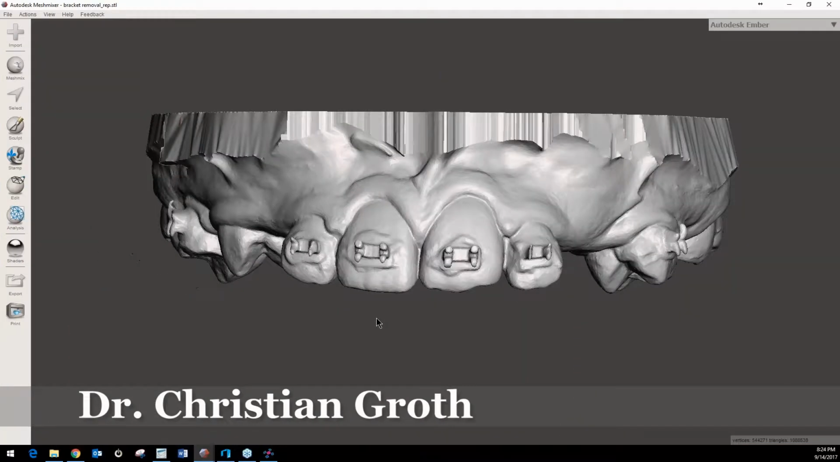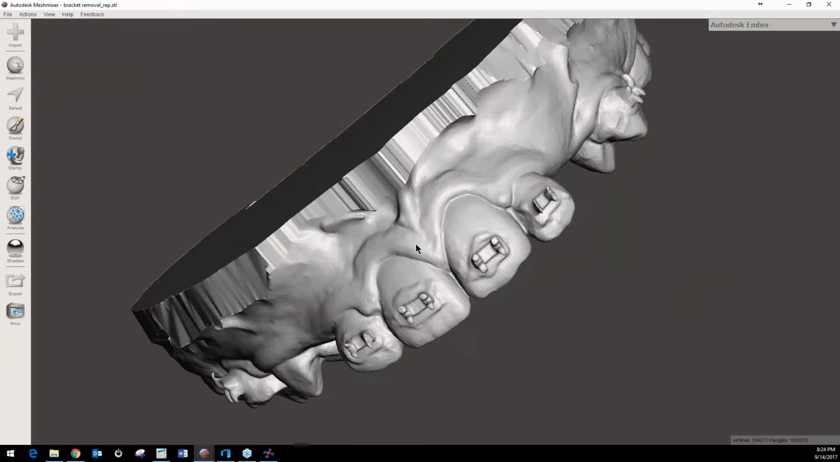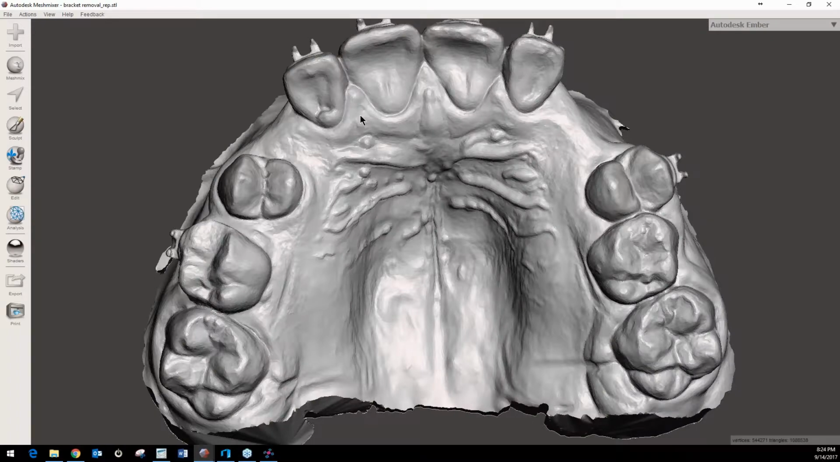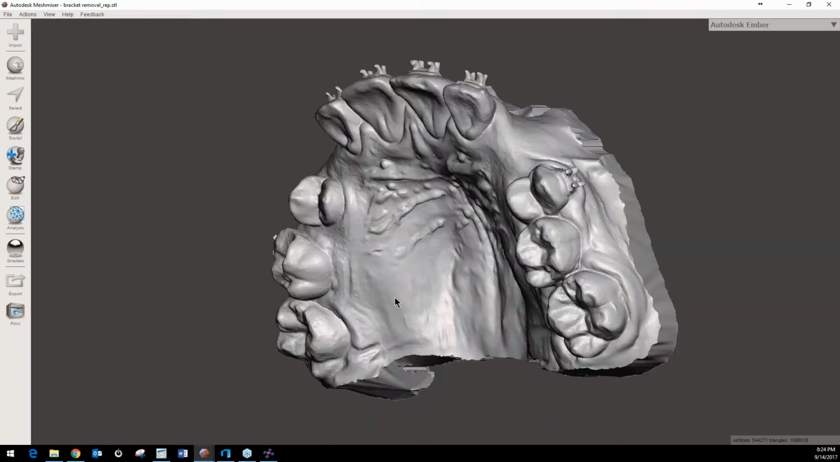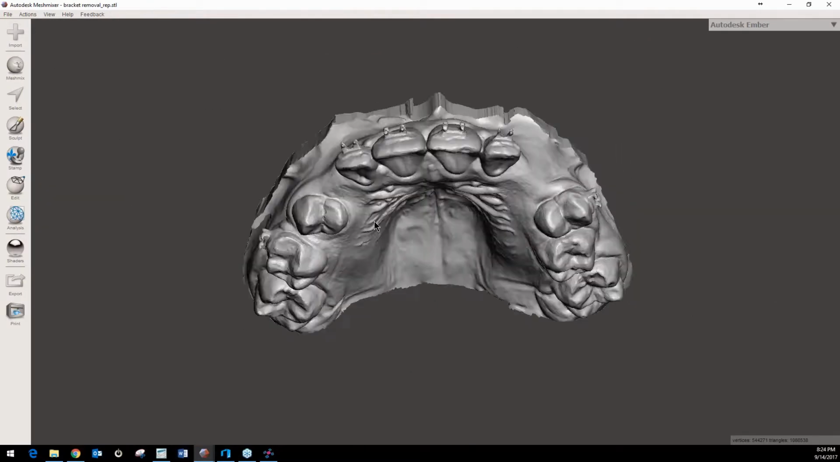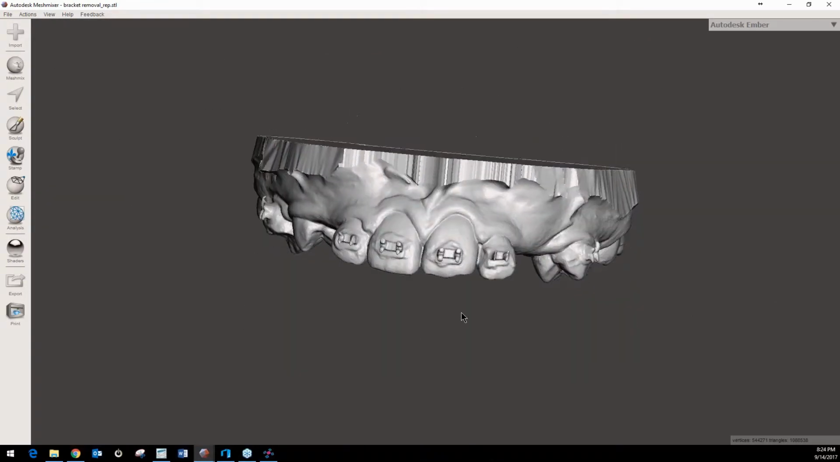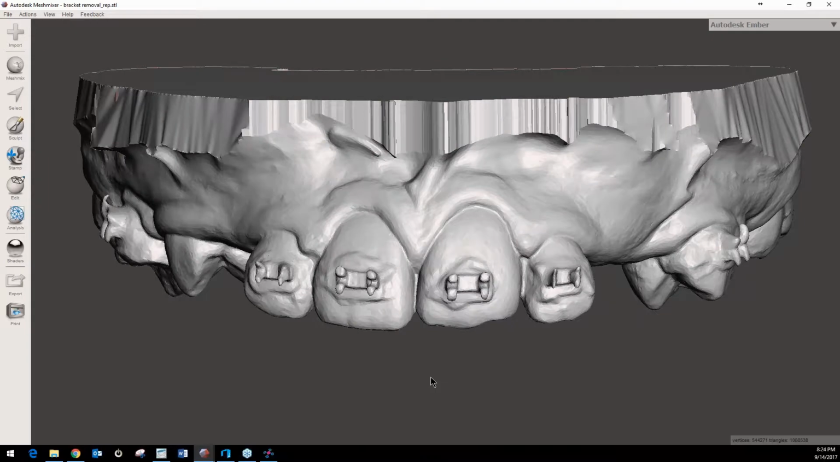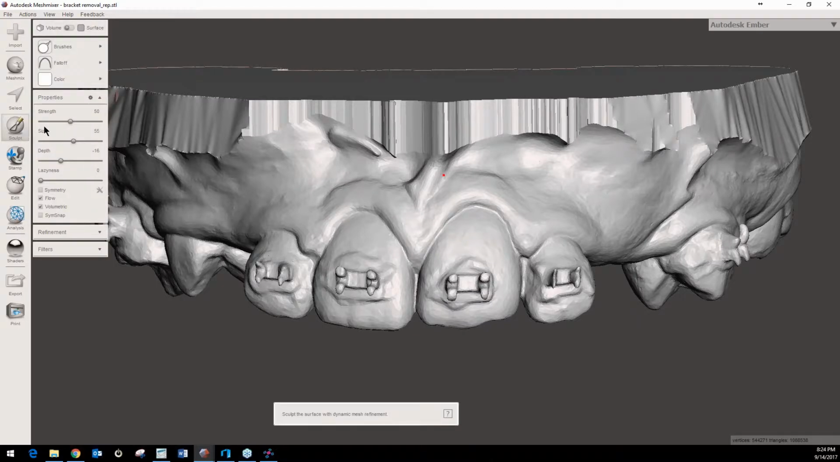So this is just a random scan we pulled up in the lab. I've already gone through the process of repairing this, planing it off, so we've got a nice flat base. But I want to remove these brackets because we're gonna make a thorough appliance to deliver when the brackets come off. So what we do is we're gonna go into the sculpting feature on the left-hand side, and the sculpting